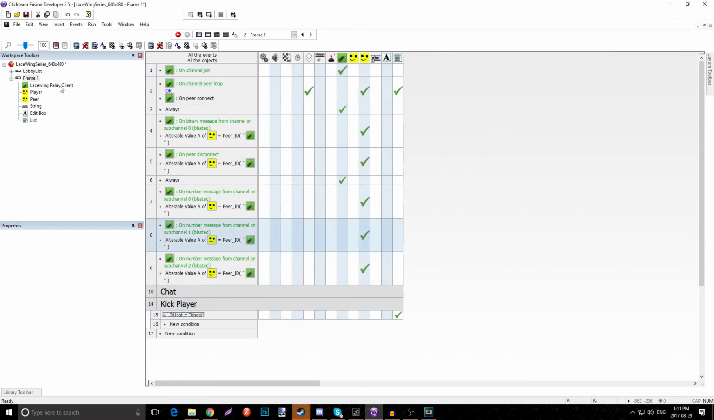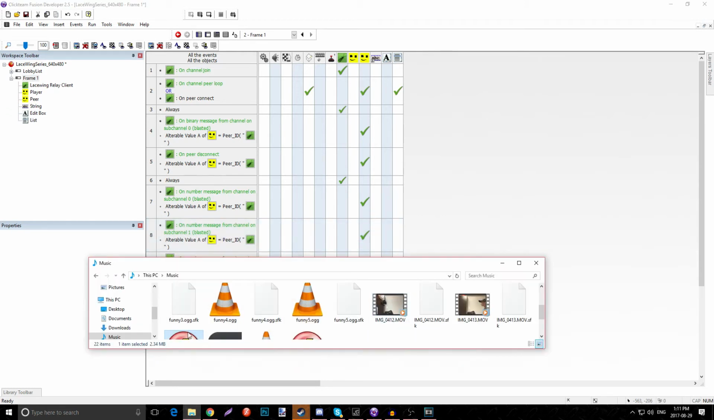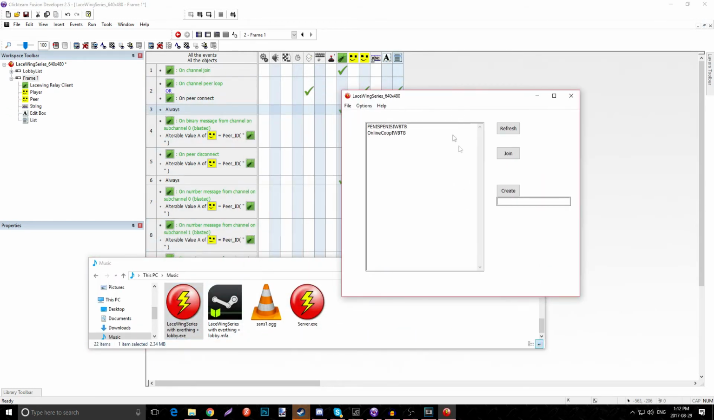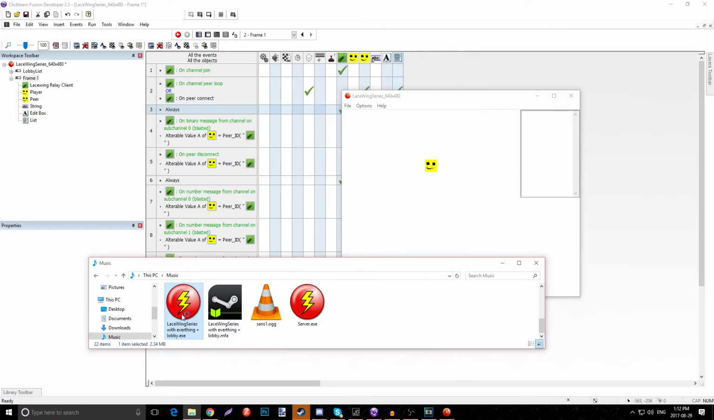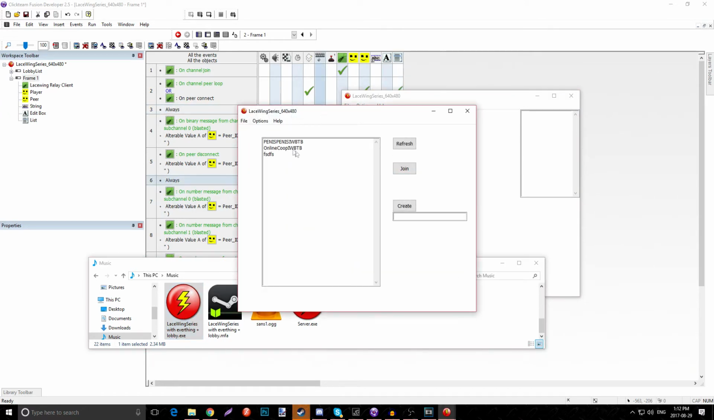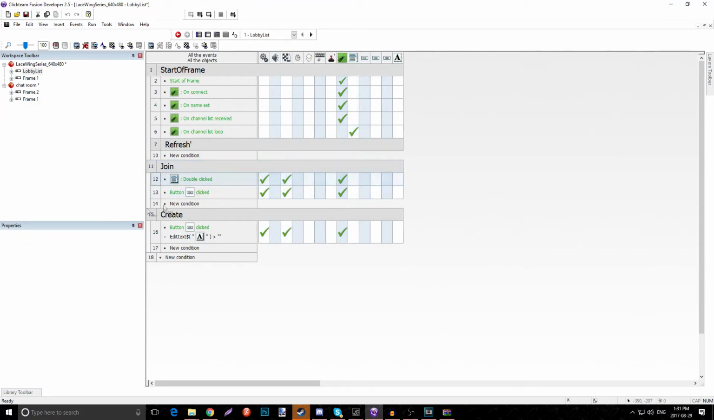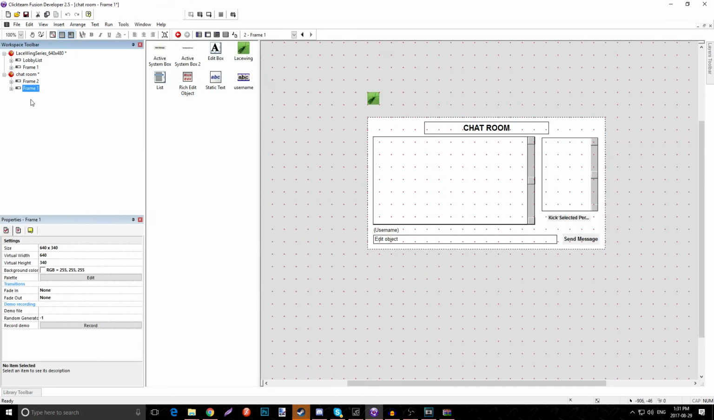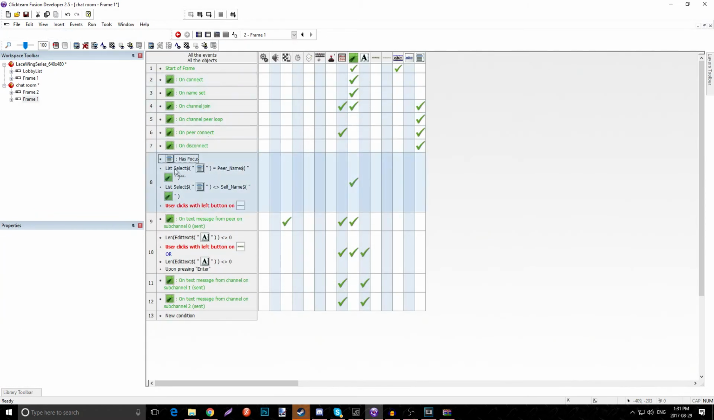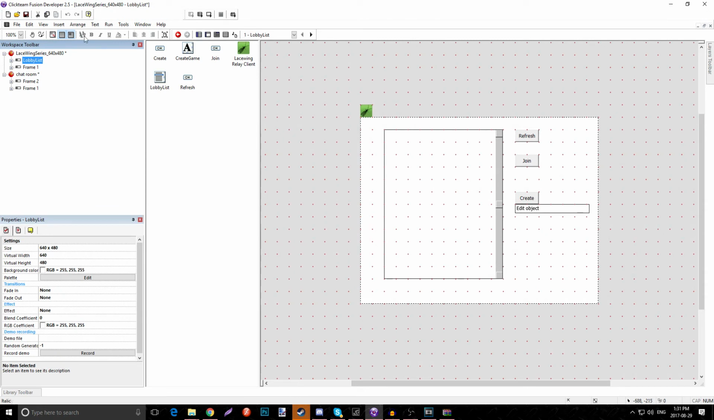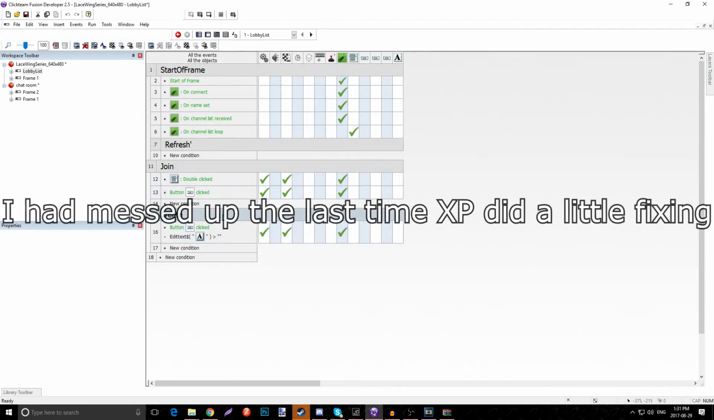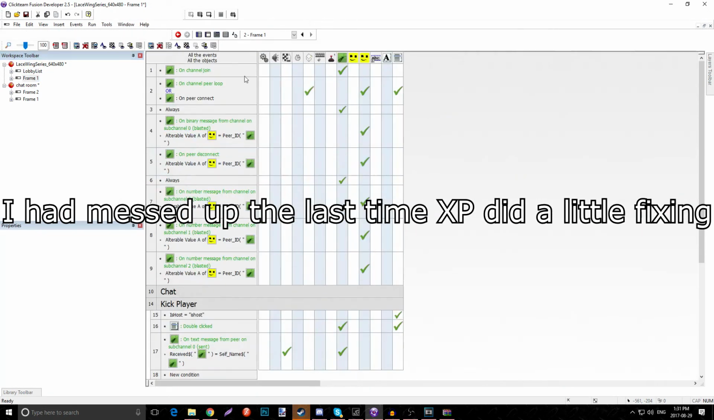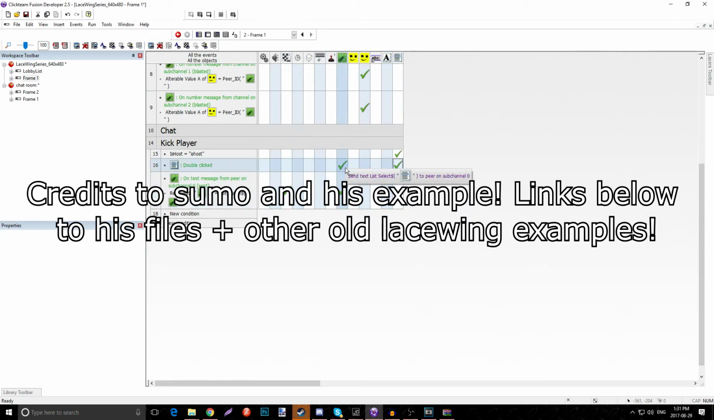So now we're going to actually focus on how you can actually kick the player. So if I just quickly check, we're actually going to change it up because I saw how Sumo did it and it's a little bit different. So I think we'll try his way. So what he did was, not here. So when he double clicks